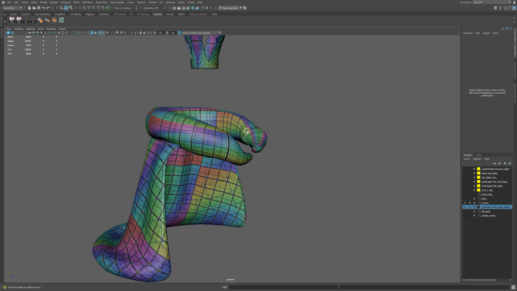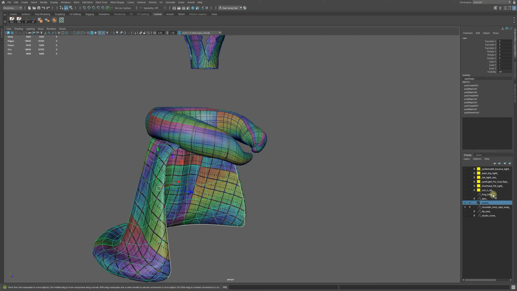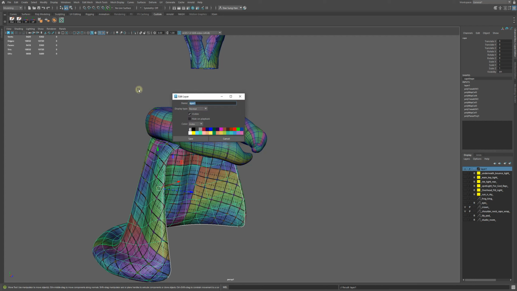Yeah, next let me unfold some of that. Unfold, unfold. Let me see, I don't have a layer for this. I'm going to name it